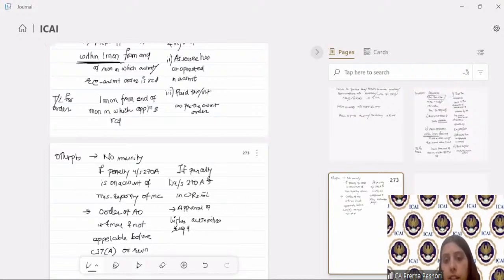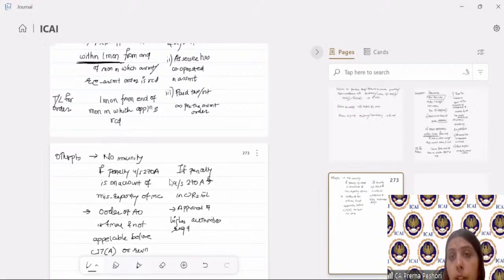Now understand one thing very clearly. The Principal Commissioner will exercise this power after recording the reasons, right? And is also empowered to stay the proceedings for the recovery of penalty, in case he feels that it is going to cause hardship to the assessee who has cooperated, right? So in that case, the Principal Commissioner or the Commissioner can stay the proceedings also.